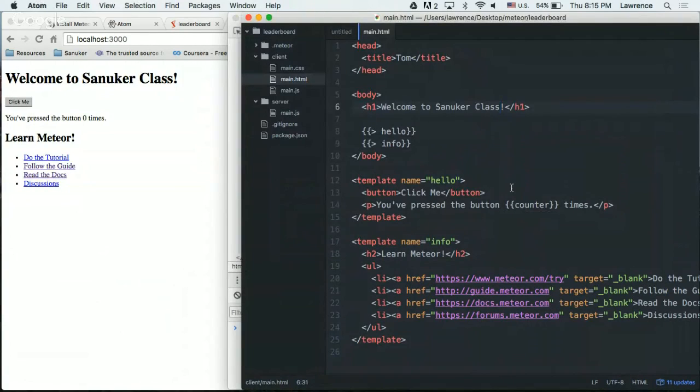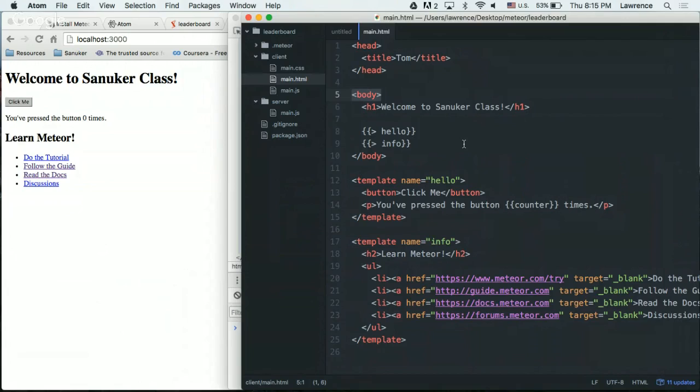Okay. Right now, you see this is the H1, which is corresponding to here, welcome to the class. And here later on, you can see two different things: some curly brackets with an arrow, and then hello. And also another one called info. This is not HTML actually, because Meteor uses a different HTML thing that uses the normal HTML tags, but also some kind of dynamic things. So whenever you see the curly brackets, it means that something dynamic is going on.